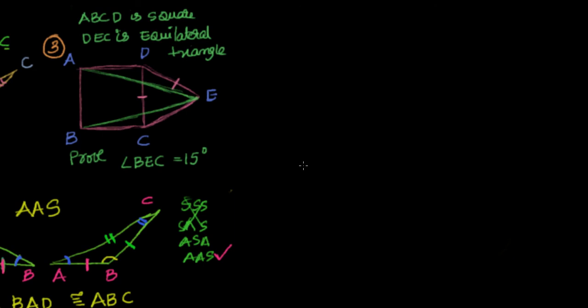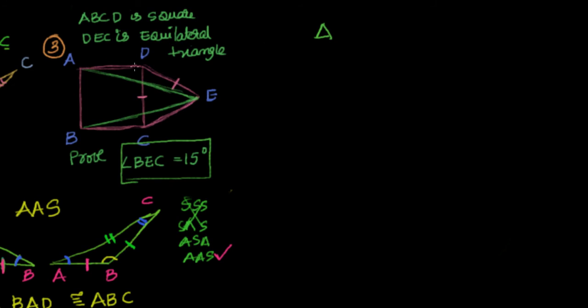Now look at this. This is very interesting. Okay, you have a square ABCD, then you have an equilateral triangle. Okay, now what you have to prove? I have to prove that angle BEC is equal to 15 degrees. See, they are not asking me to prove some triangles are congruent. They are just asking me to prove this. Maybe I can also prove that ADE, BCE are congruent also. Let's go ahead and do that. Yes, we'll do that.